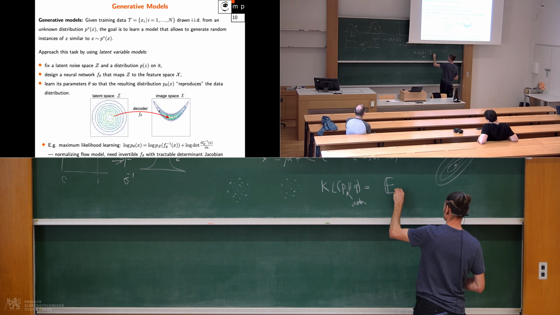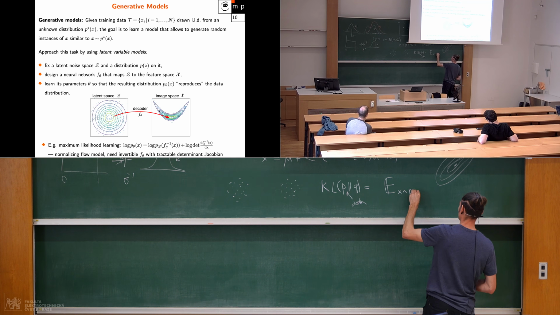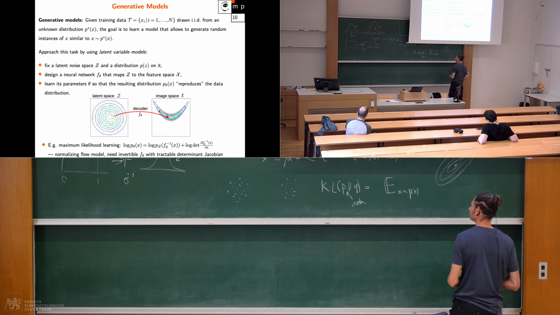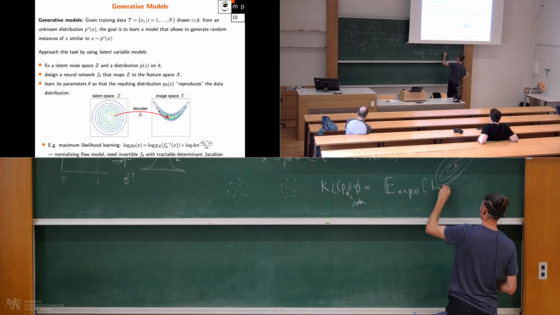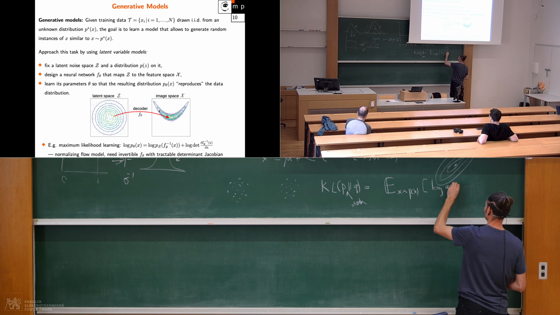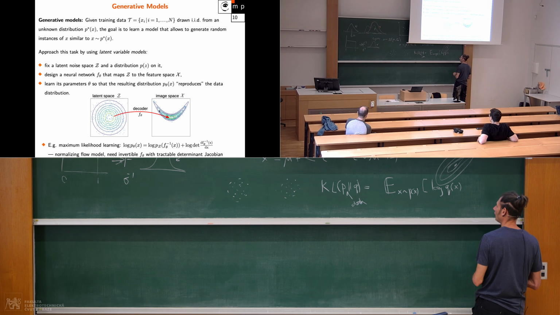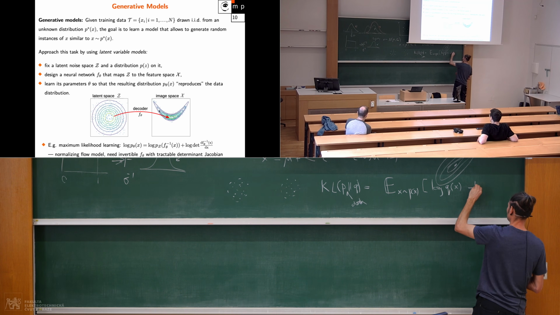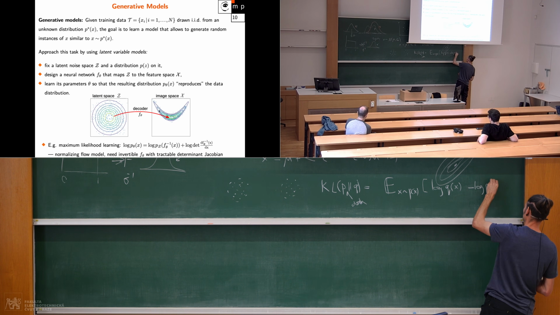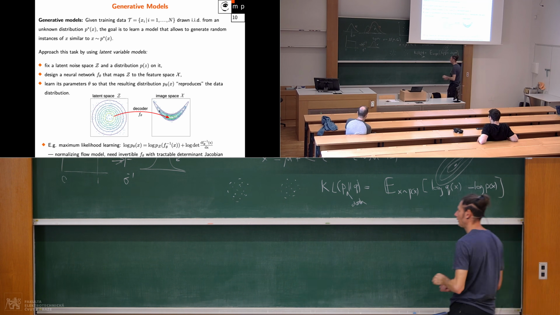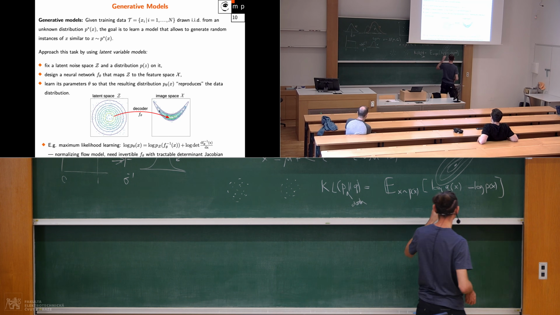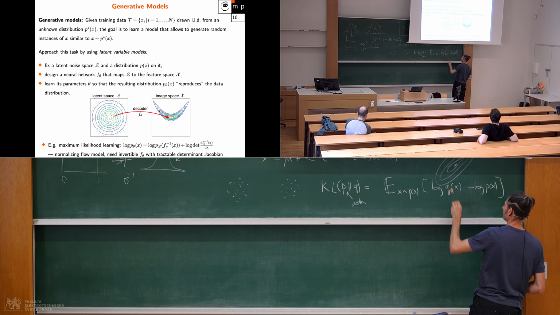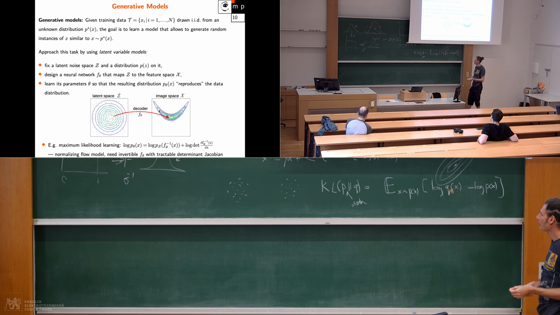So the expectation over data, and then there will be log Q of x minus log P of x. And in principle, if you fit the model Q and it is some parametric mapping, parameterized by parameters theta, then